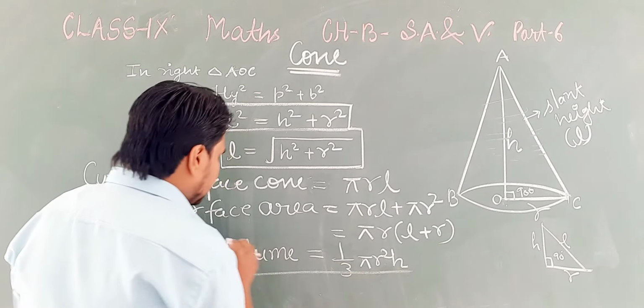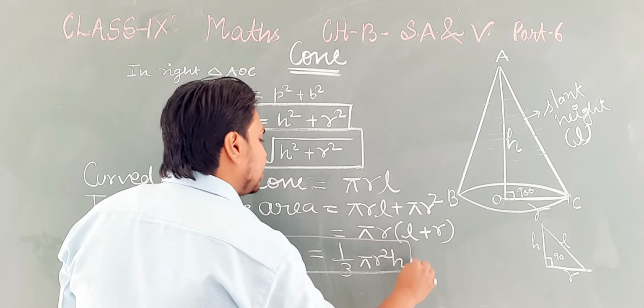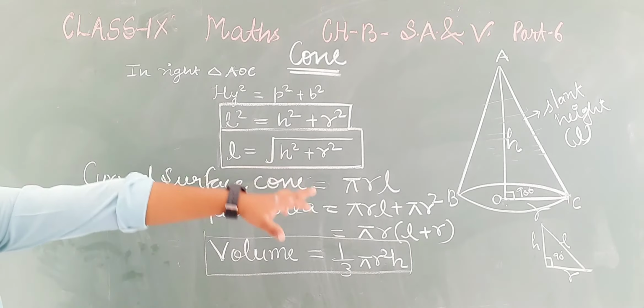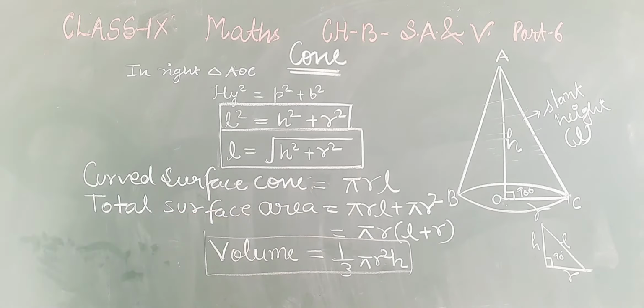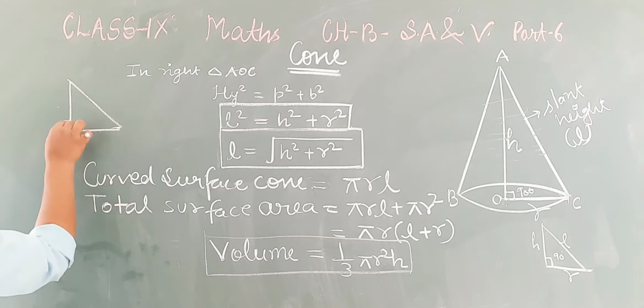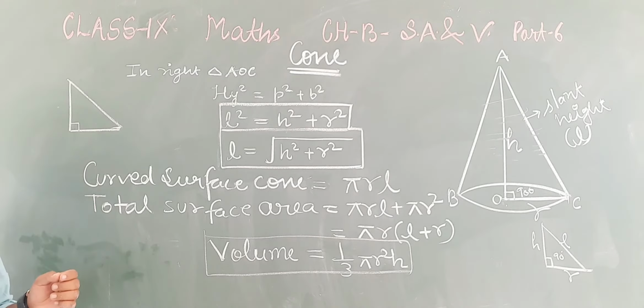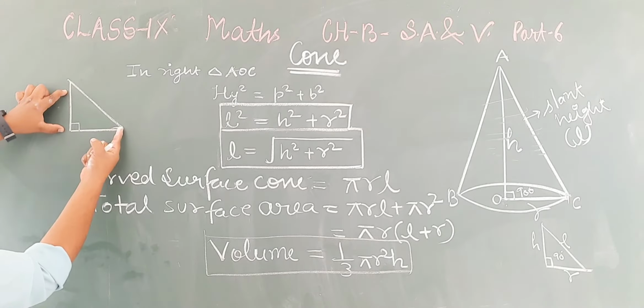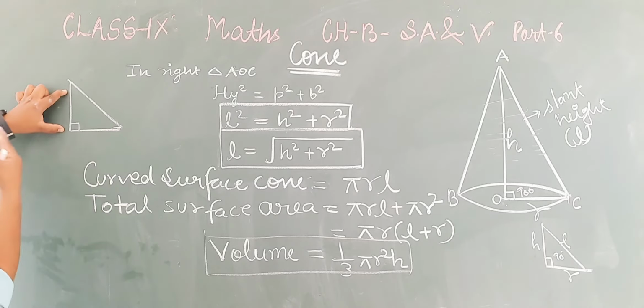So students, firstly you should note down each and everything that is written on the board, the cone topic with the figure and that right angle triangle also. And one more thing you have to understand here, how a cone is formed. If you are having a right triangle, by fixing this side, and we only rotate this vertex around this side.